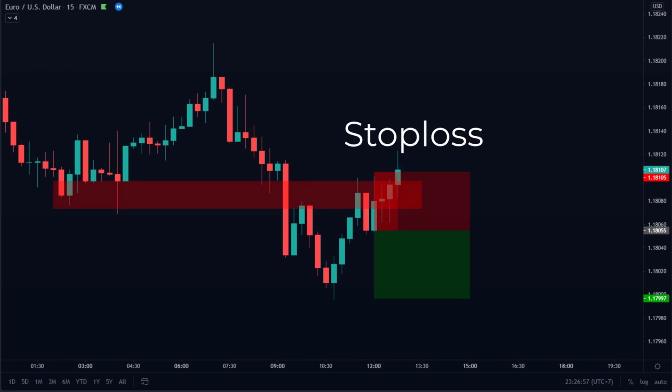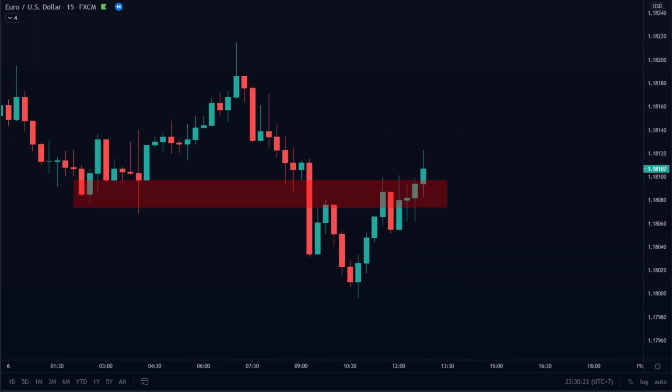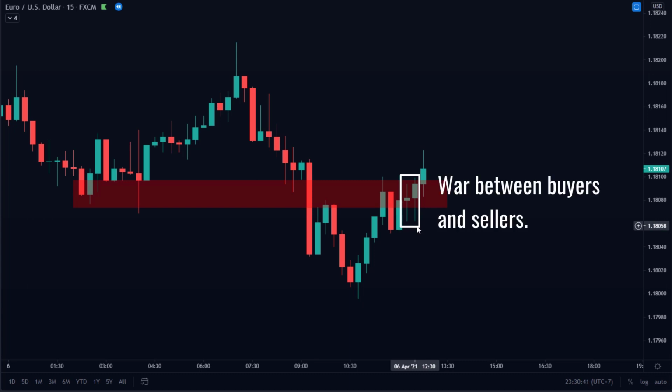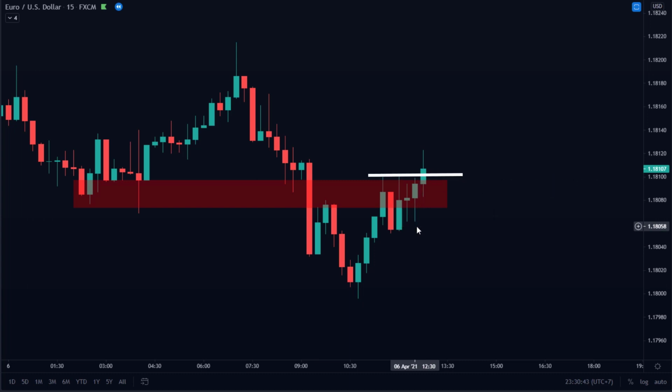so my stop loss was hit. Okay, let's read the candlesticks again. The price goes up to the selling zone and then goes down, forming an engulfing pattern. Because the buying power still remains, the price goes up again. These two candlesticks show consolidation, the war between buyers and sellers, and then the price breaks above and hits the stop